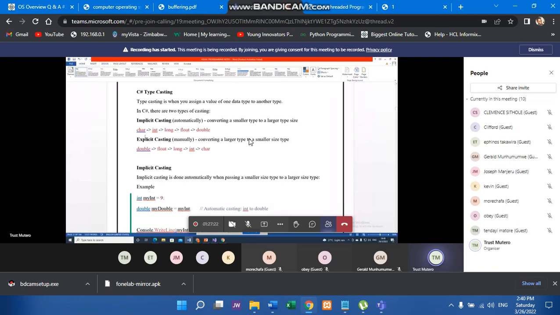So we've got two types of casting. There's what we call implicit and explicit casting. When we talk of implicit casting, this happens automatically. You can actually see. Whereas explicit does not happen automatically, but it actually happens manually. You have to code it. But this one, it just happens automatically, whether you have explicitly